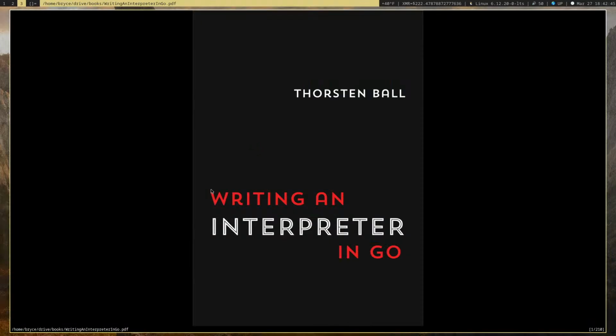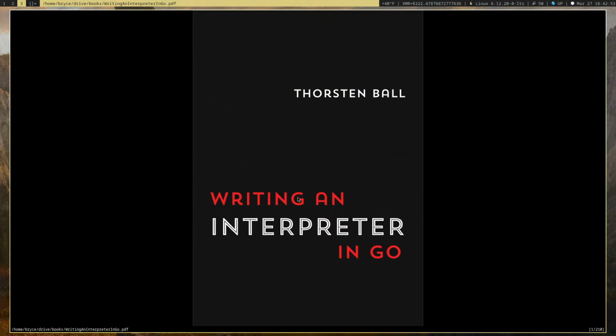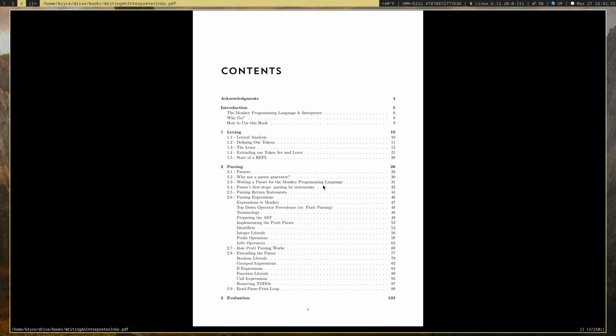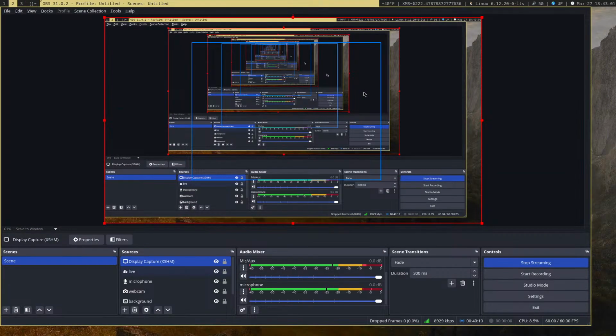Okay. Yeah. It was this right here. It's Writing an Interpreter in Go. And I didn't read this book, but I skimmed through it, and I heard a lot of good things about it, but I think this right here, or it wasn't Torsten, it was Thorsten Ball.